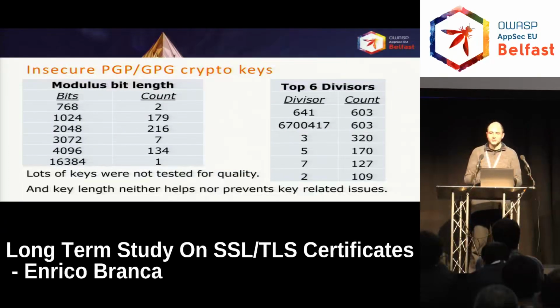If the key is broken, if the mathematical part behind it is not okay, it doesn't matter even if you have a 16,000-bit key, because one of the keys was a 16,000-bit key, and it was broken. If the assumptions behind it are not okay, encryption is useless, and all the tests and all the assumptions are not valid anymore.